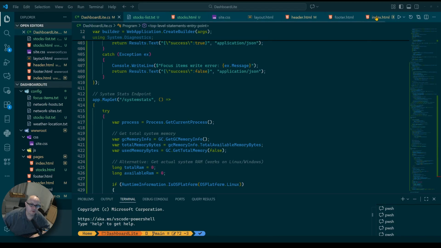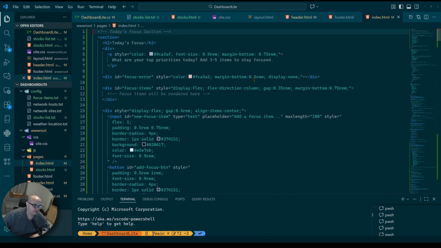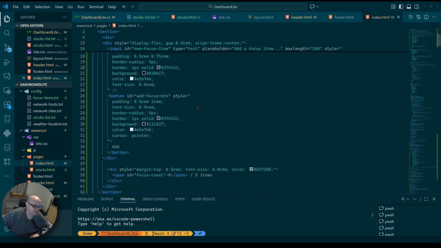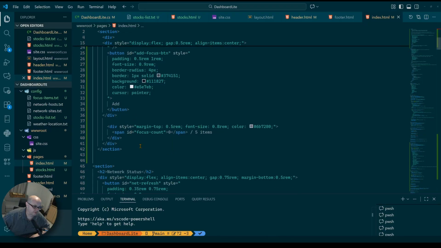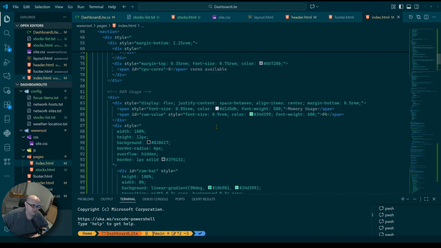Copy. So we're going to go into our index page. Okay, so we're going to keep that because that's what it added, and that's what I wanted it to add. So here is. Okay, so now we're adding this section here. Okay, so what this is, it's going to be over our RAM usage. We also have to add,